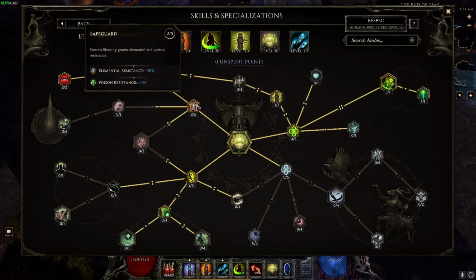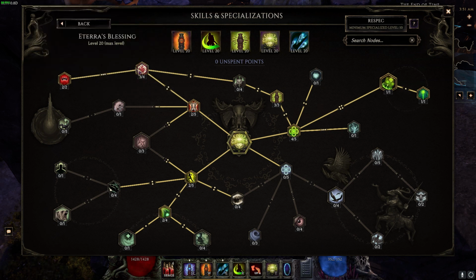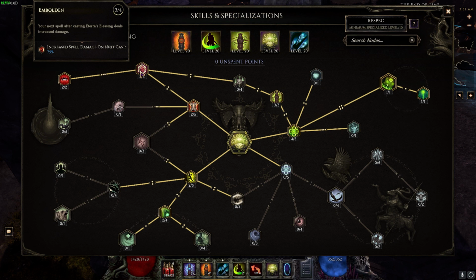2 points in Safeguard will give you some elemental and poison resist. This isn't really important, but it does unlock higher up, which is what you need. For Embolden, this gives you 75% more spell damage for your next cast. Avalanche is the only spell that you're casting, so what's nice about that is you'll always have that 75% increased